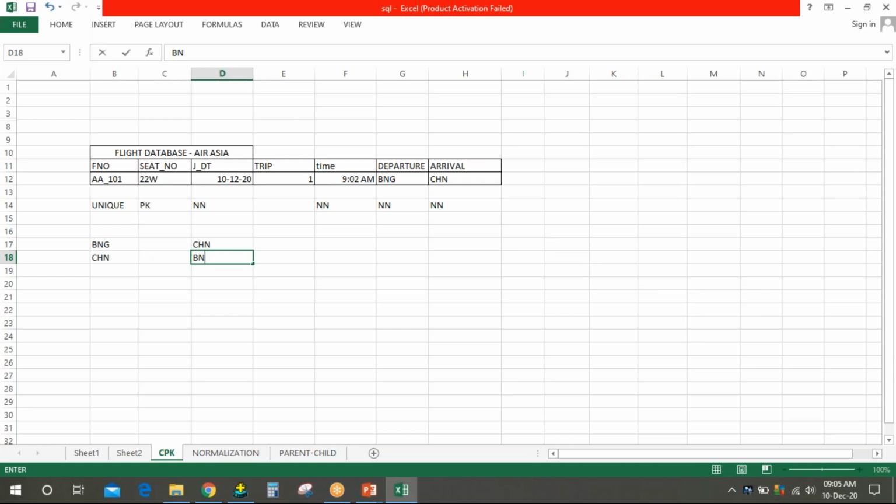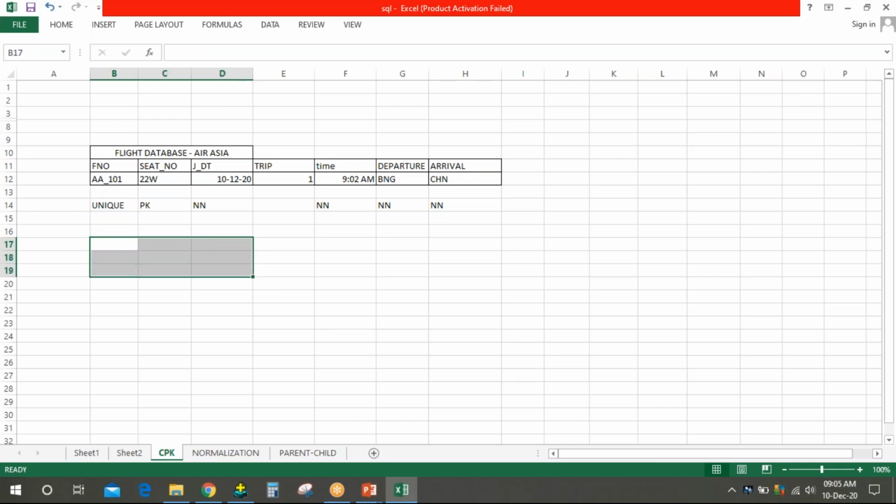The next time when a person is entering the data, AA_101 will not be accepted because we have put unique here. It will not accept the duplicate record. So according to you, a flight can travel only once in its lifetime. It cannot travel again.